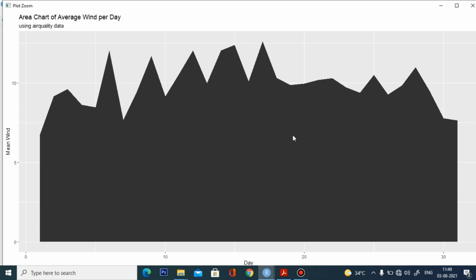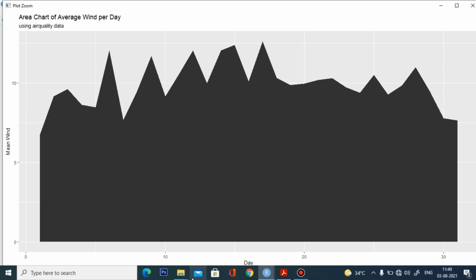So this is your area chart. Okay. So the y-axis is mean wind, the x-axis is day. So we are going to group the month by day and we have to create the area chart. So this will show you the mean wind based on the day. Okay.